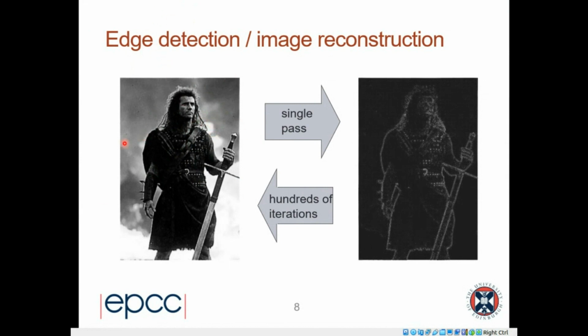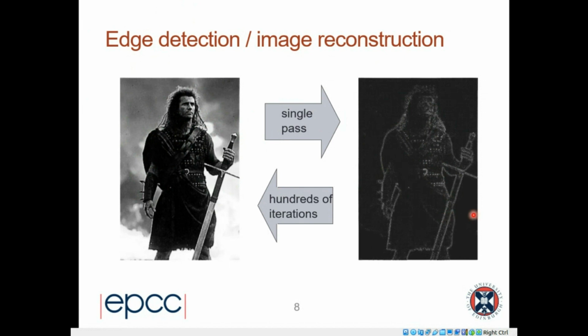So you can do edge detection on this image, and in a single pass you can go through the image and produce a bunch of edges. And you can see that actually looks quite good. You can see the outline of Mel and his sword. That's quite good. However, we could parallelize that algorithm, but it wouldn't be worthwhile because you'd read in the data, you'd scatter it to all the processes, they'd update their image, and it's just not worth